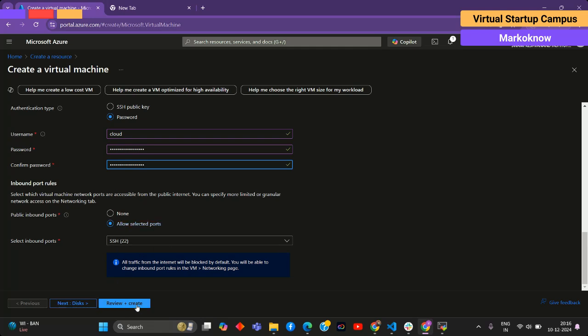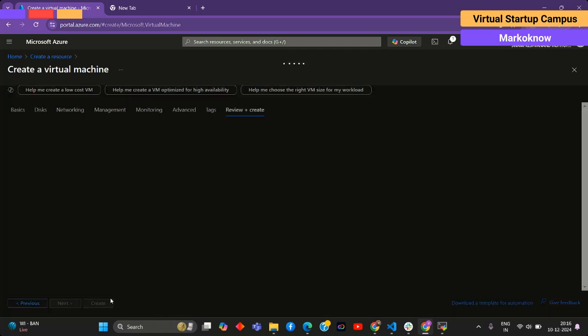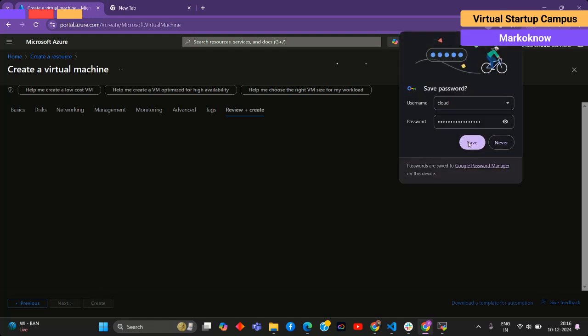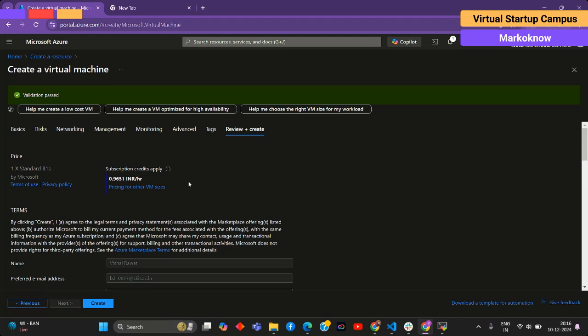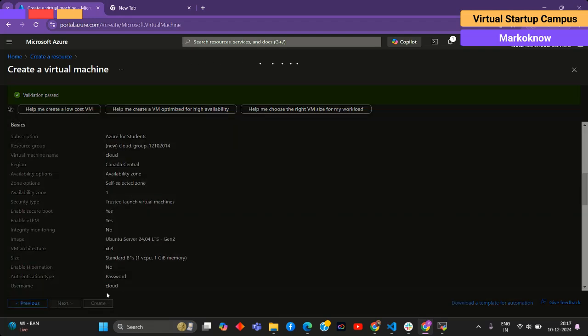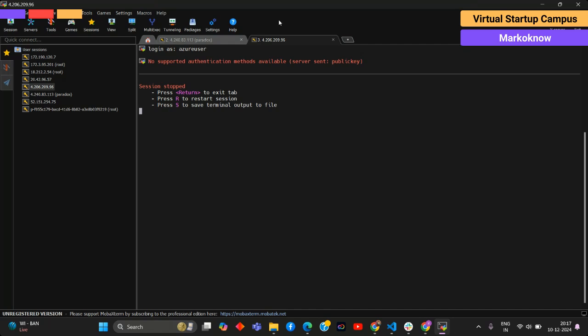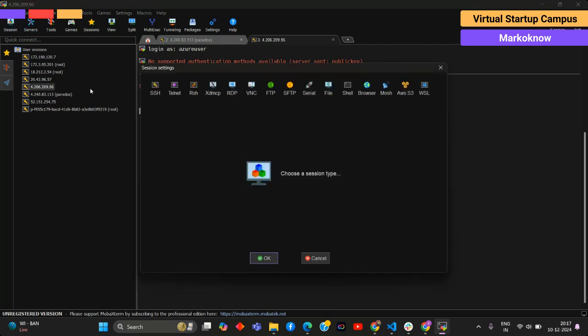You can just write your password and create the simple basic one. Just click on the create part. Let's take some time. You can just run this part and click on the